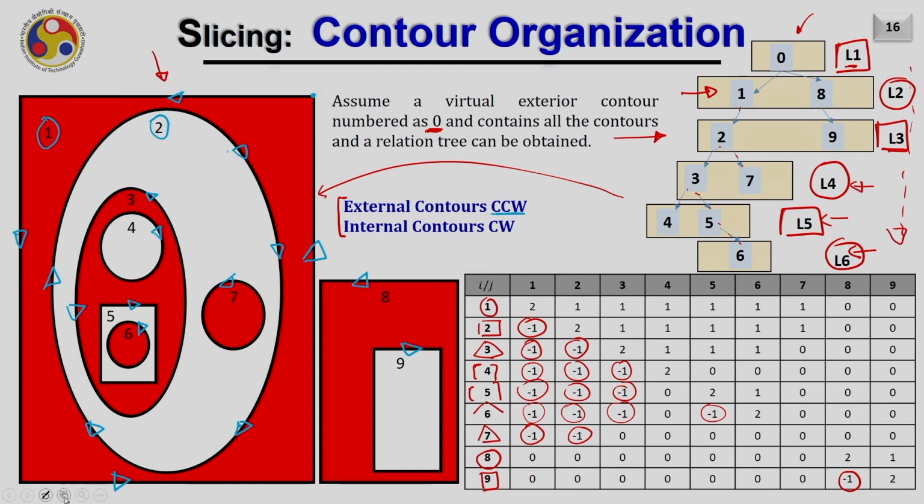Now, if it is required that we want to give some machining allowances to the component, then we know that the exterior contours should be offset outward and the interior contours should be offset inward. Then only we will be able to give the appropriate allowances. So, all the exterior contours should be offset like this, interior contours like this, and interior contour like this.